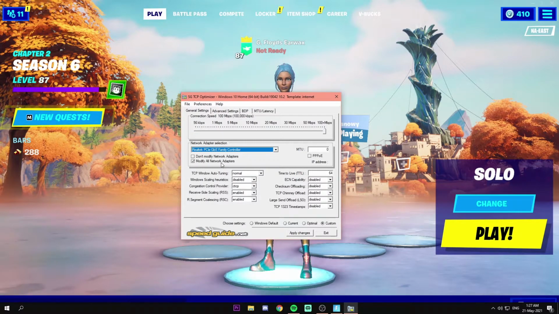I just have that checked on. I'm not sure if that does anything. I honestly don't know. Next we're going to go into TCP window auto tuning, turn that to normal, right there. Windows scaling, I don't know, disabled. Congestion provider, go to CTCP. Receive side scaling, enabled. RSC, call it enabled. MTU, put that on 0, just type it in there, and then